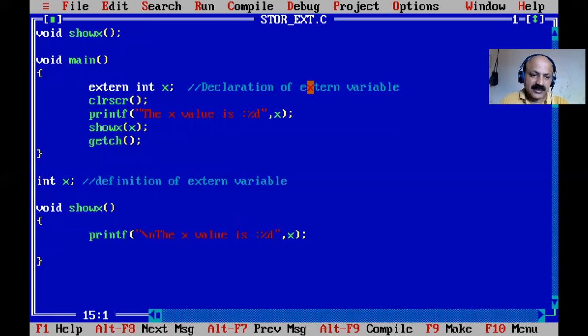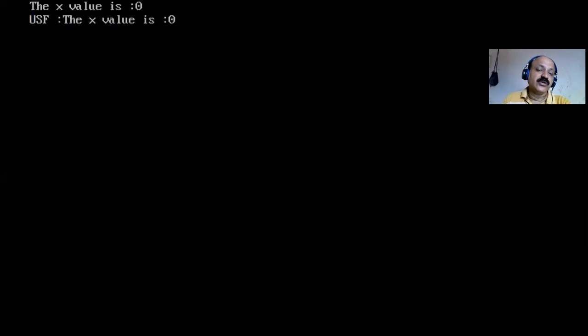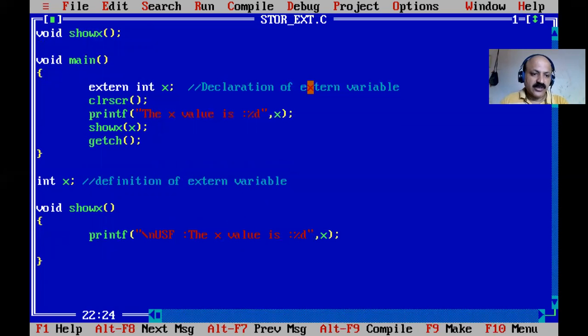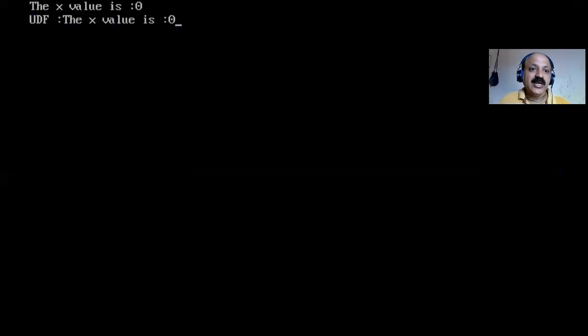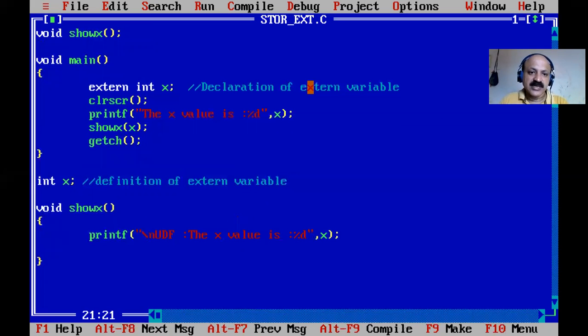So that is printed by the UDF, user defined function, and main is also a user function. Both the function main and the UDF access X, and we can also scan or assign any value, like 10.